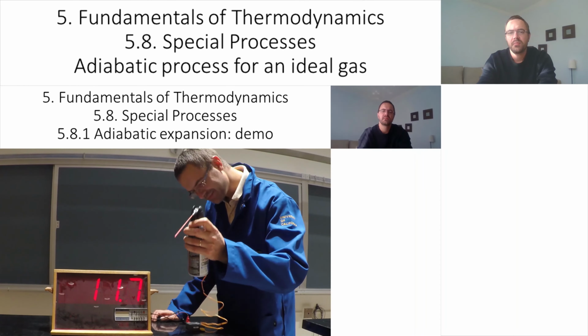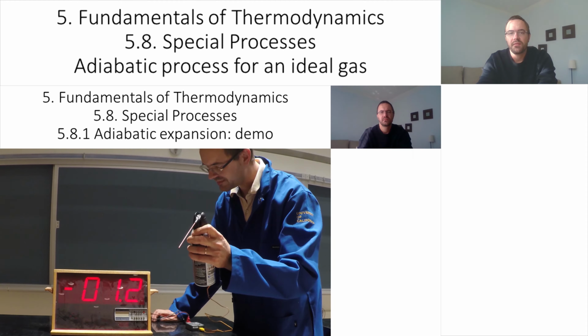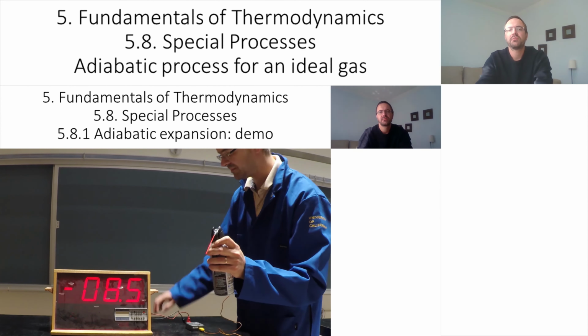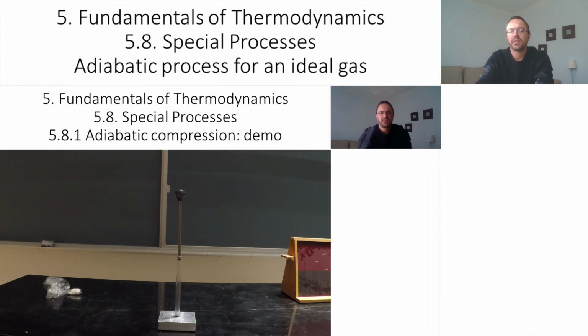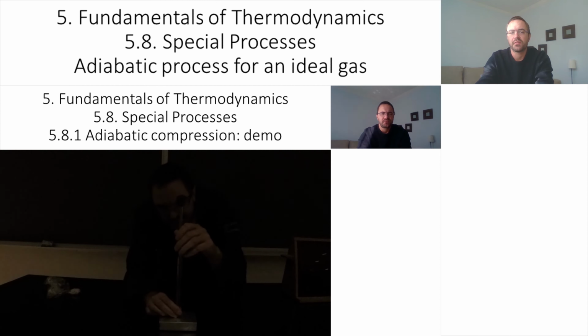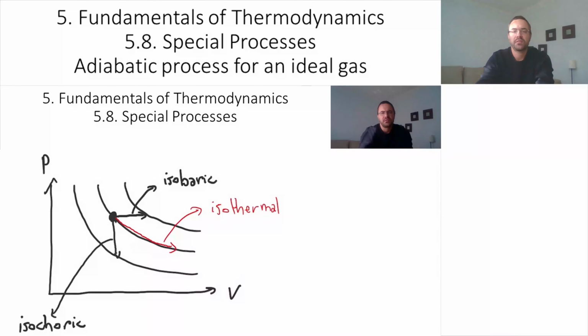In this video, we come back to the discussion on adiabatic processes. We have seen that during an adiabatic expansion, the temperature will decrease. And we also illustrated that during an adiabatic compression, the temperature will increase. We have also mentioned that the adiabatic process on a PV diagram will follow a curve that is going from one isotherm to another one. But we don't know the equation for this curve.